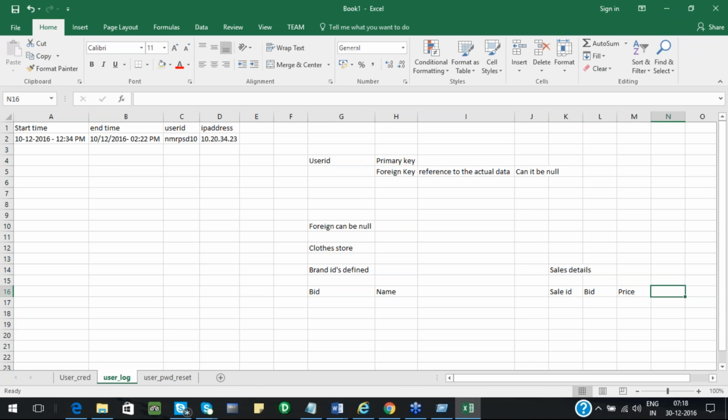Suppose I can have clothes or items which have some brand, and I can sell even the tailored items without any brand. So in this case, my brand ID will be null for the tailored items, right? So here brand ID is acting as a foreign key for this table and it can be null, right? So that's a simple example of it.